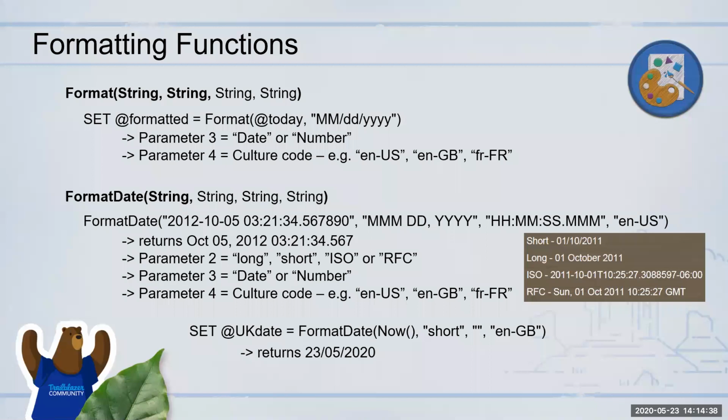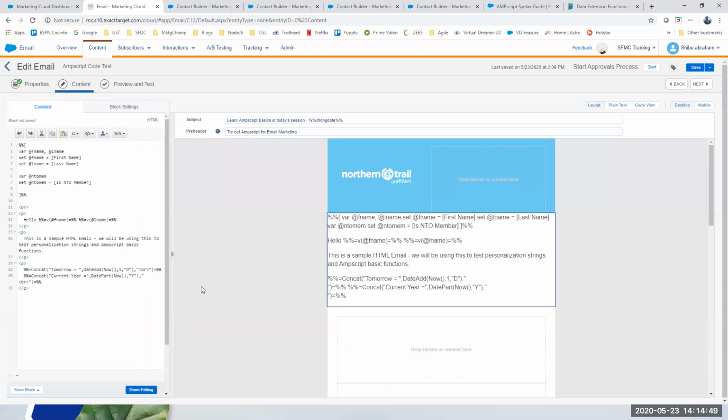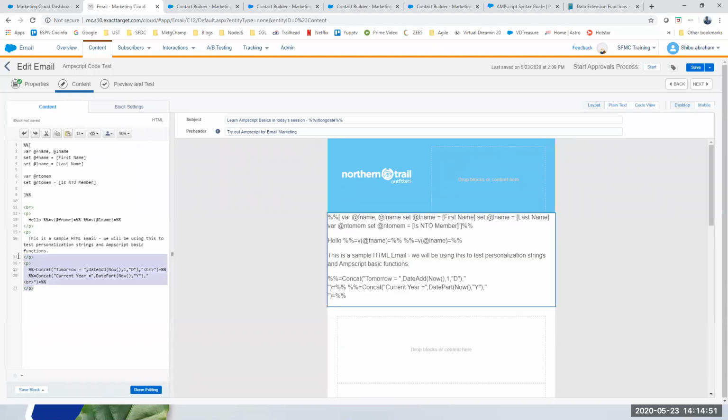For example, let me show you a value. I can show an example code of how it looks. What I've done here is I've written two statements. One is the format date, and I've specified the culture code as US, and I want to show today's date.